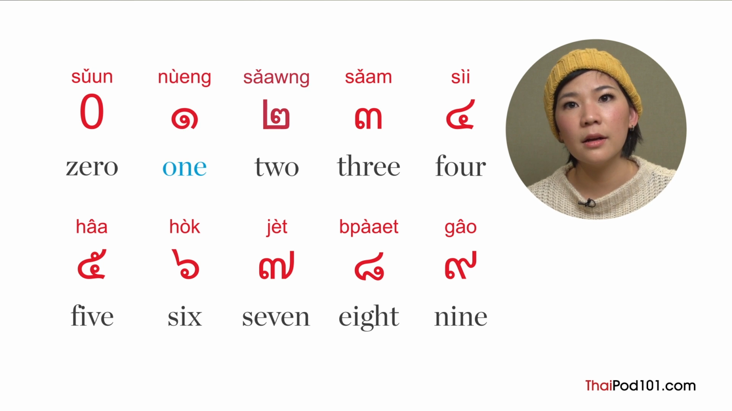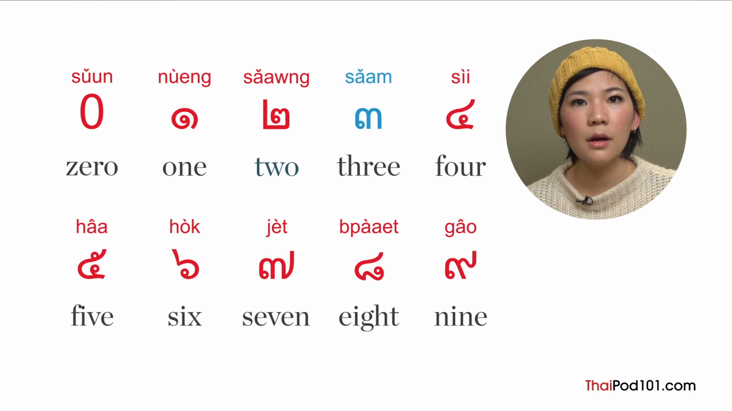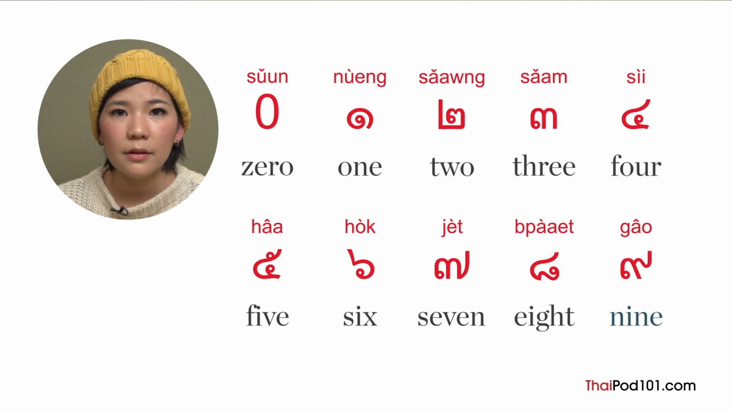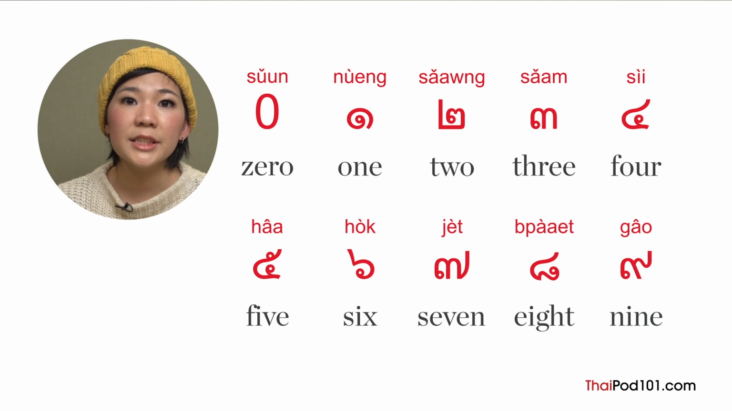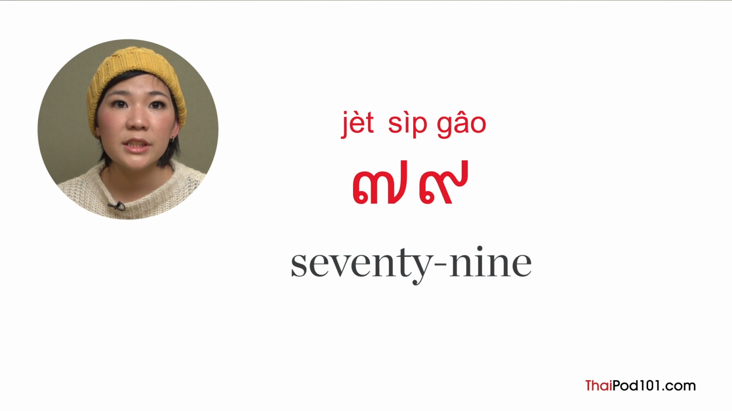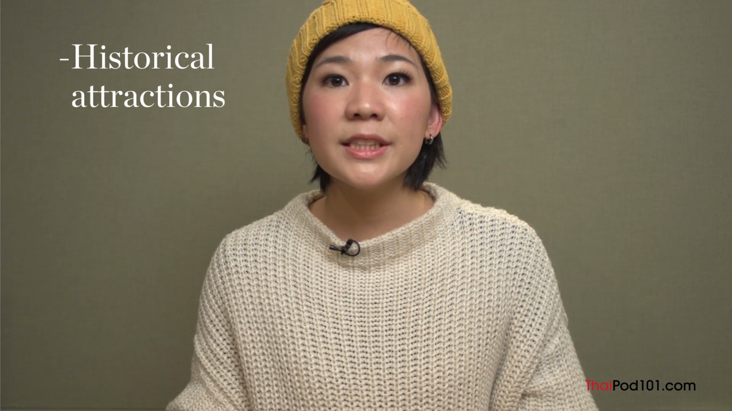1, 2, 3, 4, 5, 6, 7, 8, 9. The usage of these numerals is the same as the standard numbers. For example, 79 is written as 79 in Thai numerals. Nowadays, Thai numbers are usually used in historical attractions in Thailand to state the price of